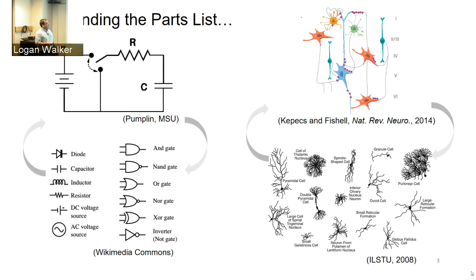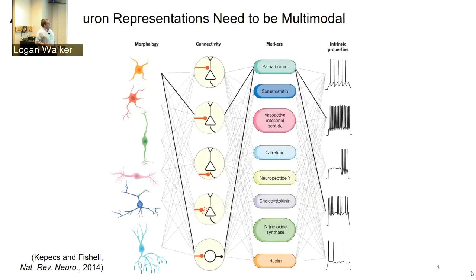So if you want to understand how the nervous system works, you need both. You need to know the morphology and the parts list, as well as the connectivity. And this is very well summarized in this figure. It's describing how you can categorize interneurons, the neurons that do integration. They can be categorized basically using these four properties: morphology and connectivity, so how they're shaped and how they're connected, like I was talking about in the previous slide, as well as cell type markers and intrinsic properties. And in our lab, there's basically someone working on every aspect of this. But the stuff that I'll be telling you about today, again,